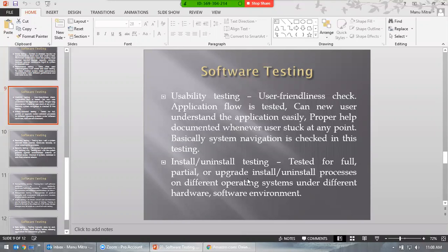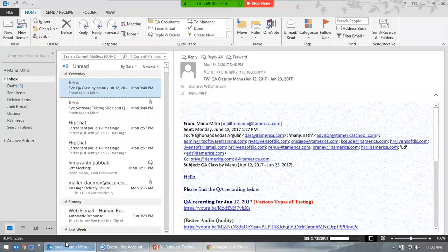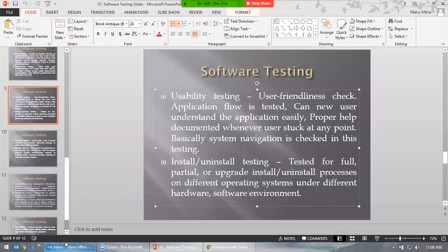What are client applications? Whatever you install in your system, whether mobile phones, laptops or other systems, is called a client application, because it has nothing to do with the browser. You don't interact with the browser. The example I told you is Outlook. You need to install Outlook in your system. Testing that installation and uninstallation is called